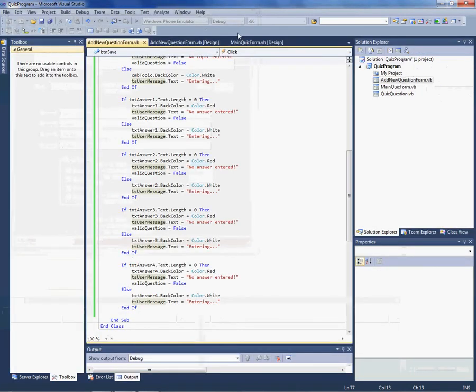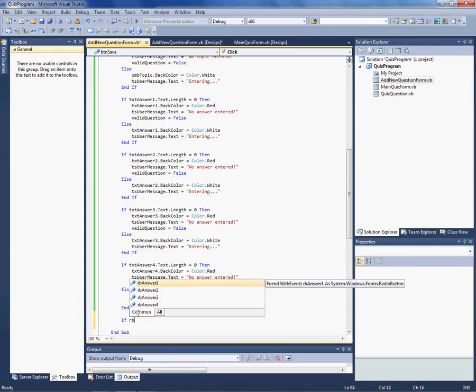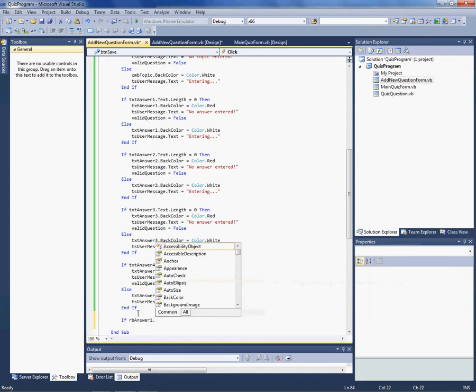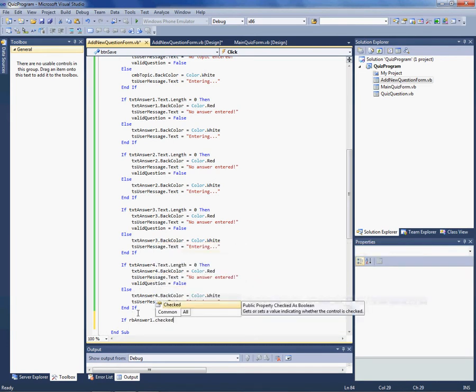Let's go back. We now want to do the radio buttons. Now the radio buttons we're not going to do individually, because what we need is to know if any of them have been selected. Some can be blank, so long as one is not blank. So what I'm going to do is if, now this is going to be a bit long, it's probably going to go off the side of the page, but if RB answer 1, now the value I want is checked. Checked is whether it's been ticked or not. So if that equals